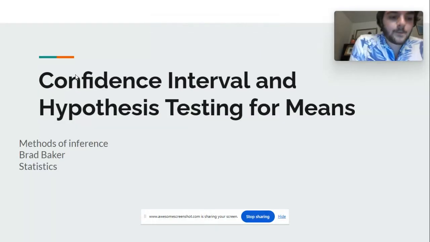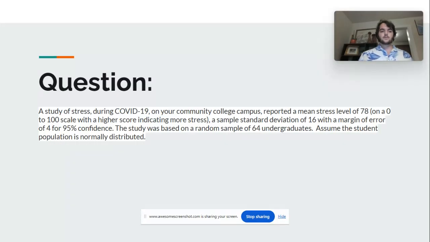Hello, everyone. My name is Bradley Baker, and I'm going to do this presentation on the confidence interval and hypothesis testing for means and methods of inference. So the question we were posed in the homework was, a study of stress during COVID-19